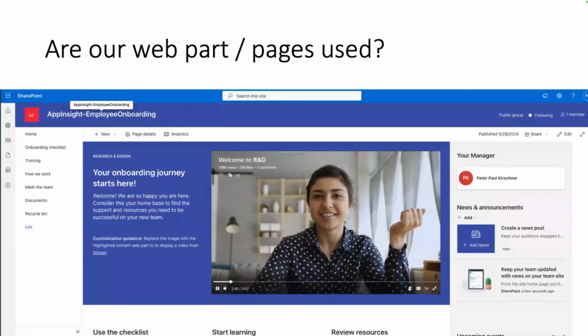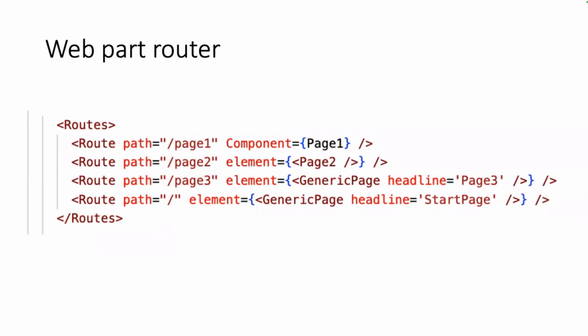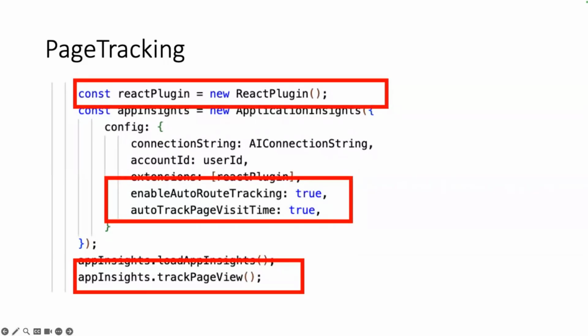The same thing applies when you have a bigger web part or multiple pages, and how you can monitor this. So I use a router in the web part, and I use the hash router. I have 3 pages and 1 start page implemented. And the only thing to get information about this is to go back to my Application Insights